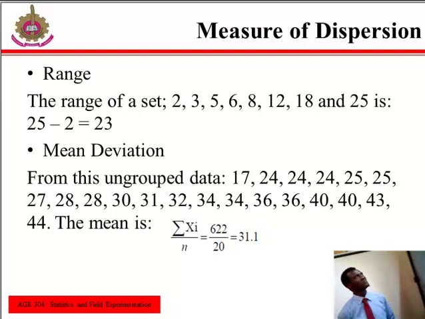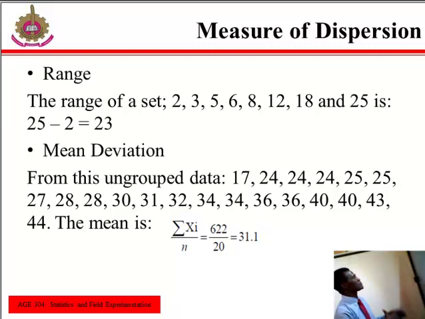Now, measure of dispersion. The mean deviation of a frequency distribution is the mean of the absolute values of the deviation from the measures of central tendency, such as the mean. Mean deviation is obtained by ignoring the signs of the deviation and simply regarding all of them as positive. The mean of this absolute deviation is referred to as the mean deviation.